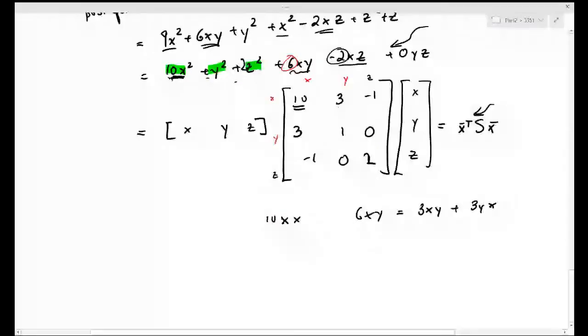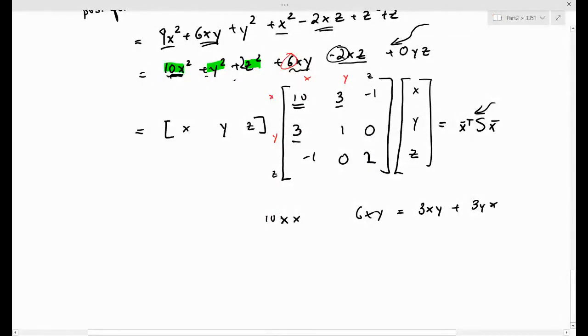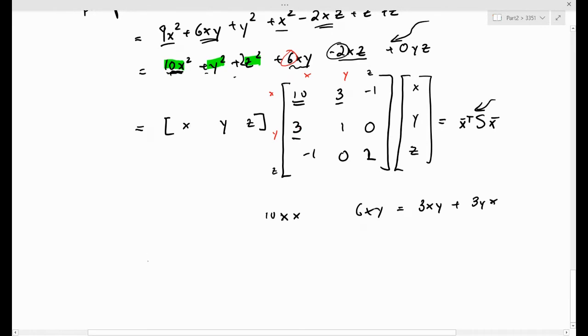So you would get a 3 and a 3. And you can multiply, you can also do this. But so we could find eigenvalues, and we would find that for this positive definite thing, they'll all be positive. We can also use the principal minor test. So the determinant of